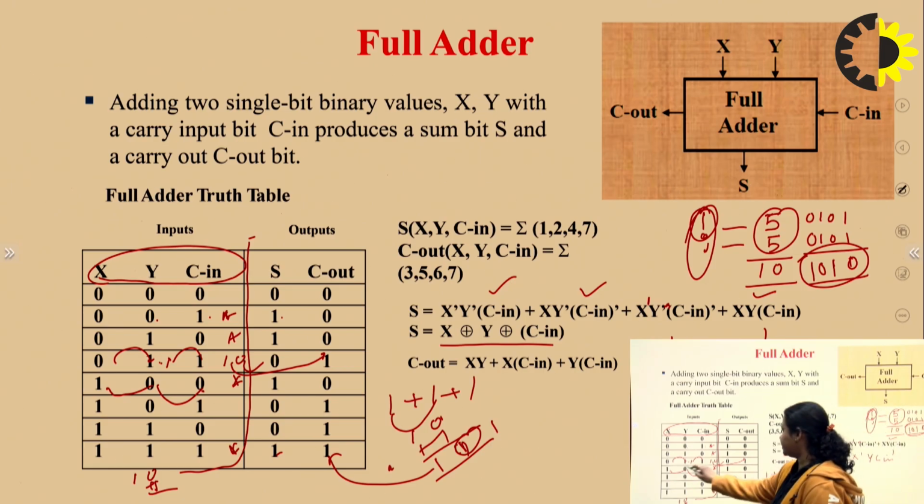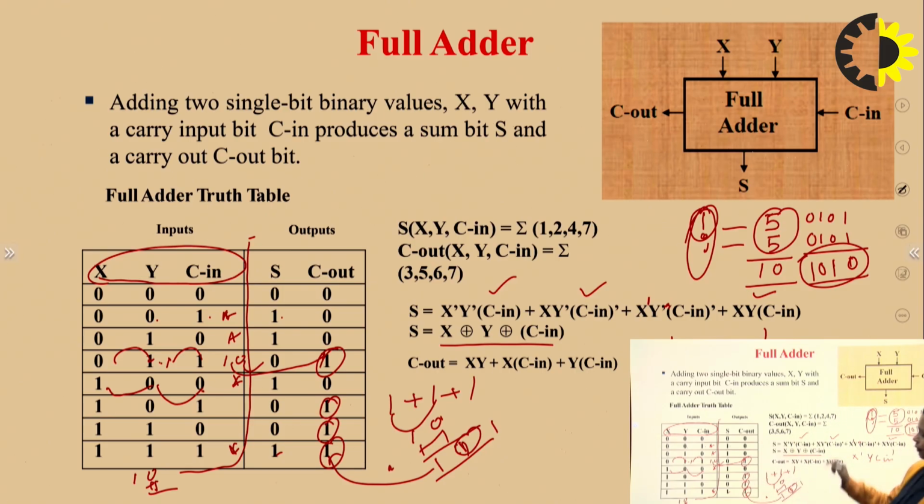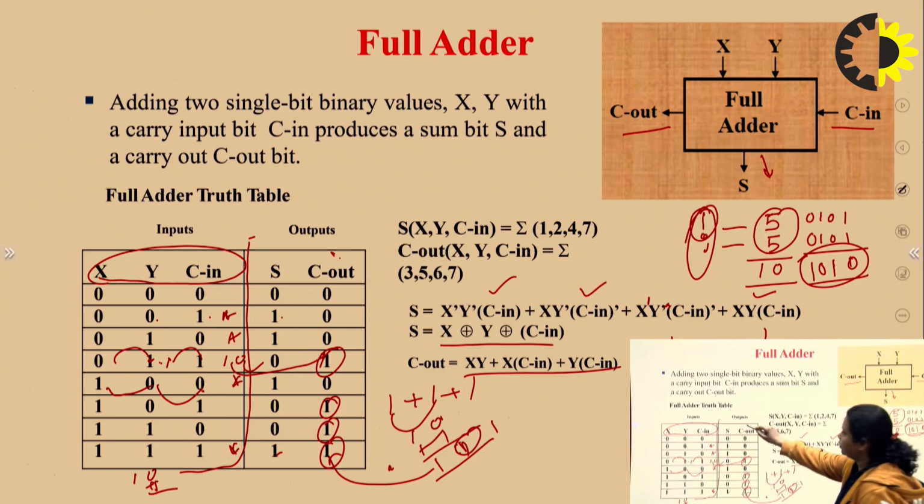So for Cout it is again high for this, for this, for this, for this, right? So when we have this at 4 particular places the Cout is high, so we will be writing for this. So for the first it is basically what? You can write the expression for Cout accordingly and you will get this. Fine. Then finally this is a basic diagram for full adder I have made. In this full adder, x and y plus c in are fed to a full adder, your sum will come from here and the carry out, this Cout, is represented from this part, right? So this is about full adder.